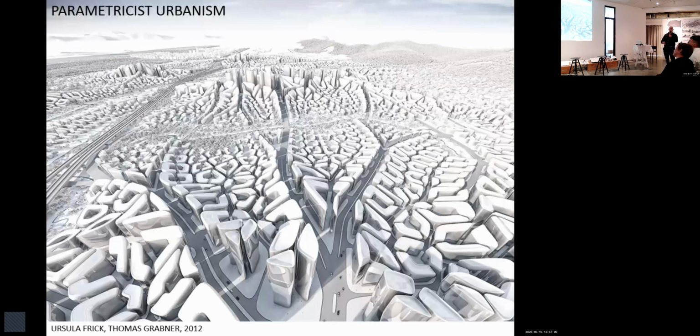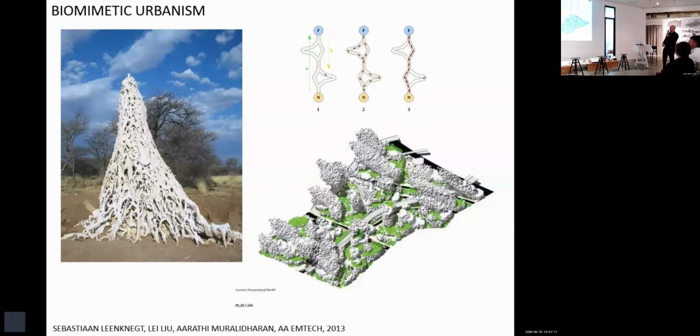And you have, of course, a parametricist approach, in which everything has to be really, really curvy. But yeah. And then you have people taking biological theories, like an anthill, and maybe we can build our cities like termites. These are all academic works.